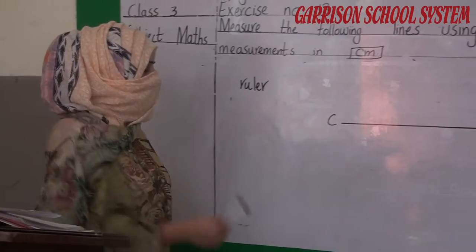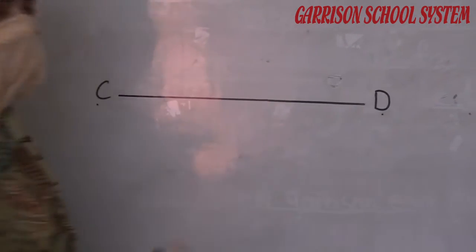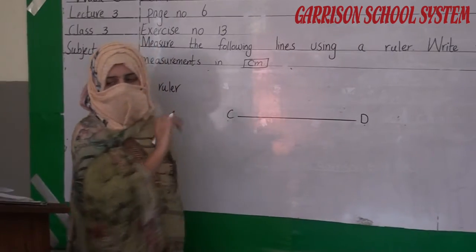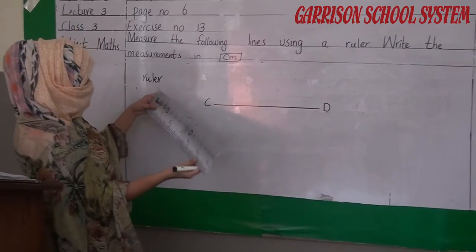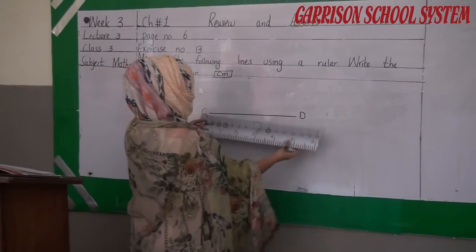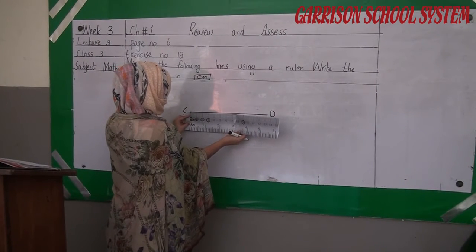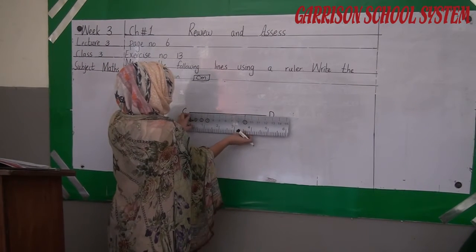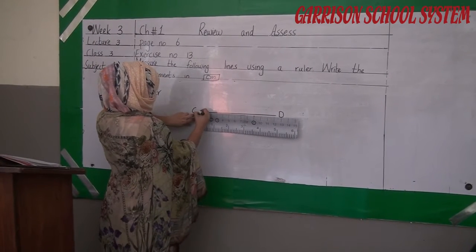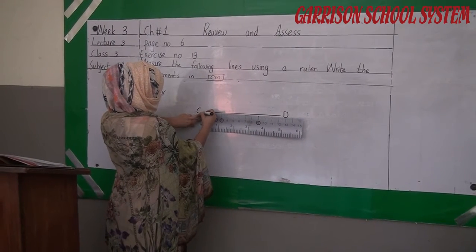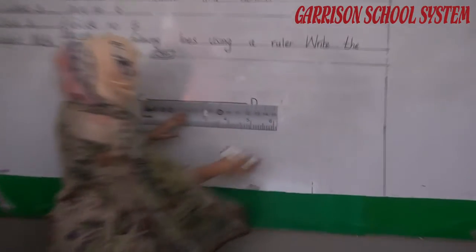Okay student, now here is another example, line C and D. Now we have to measure this line C and D. So first of all we have to take a ruler, and as I told you, we have to put our starting point 0 at the start of our line. This is the start of our line. We have to put our starting number at this point, and now we